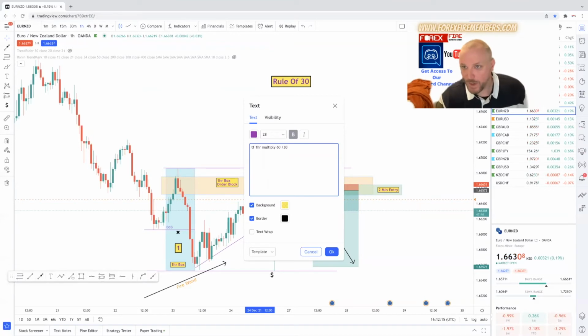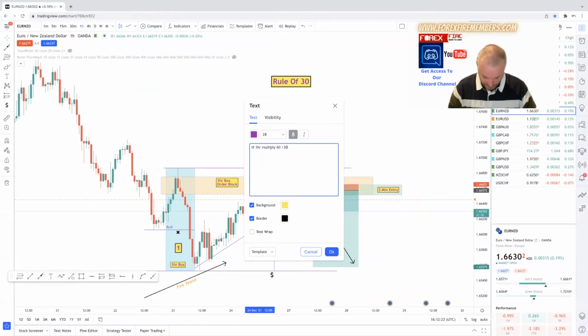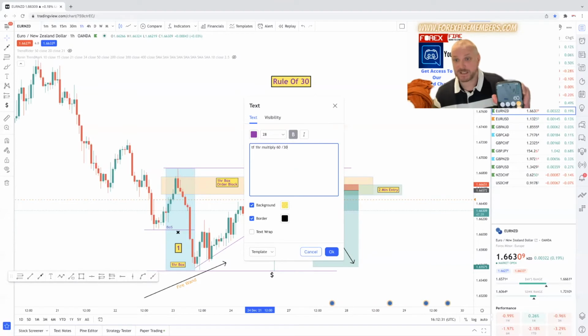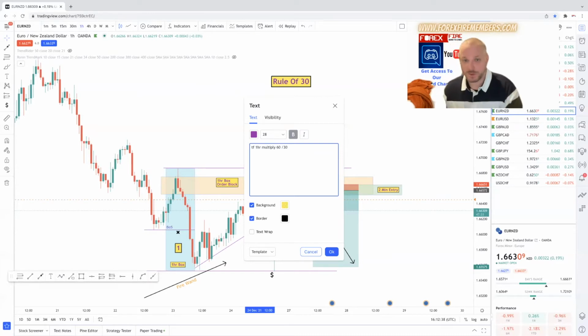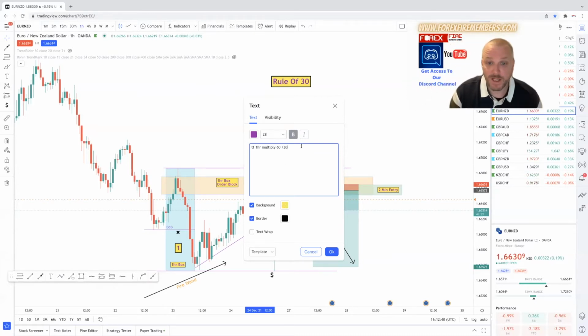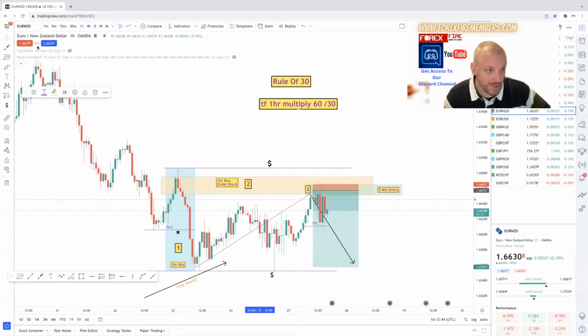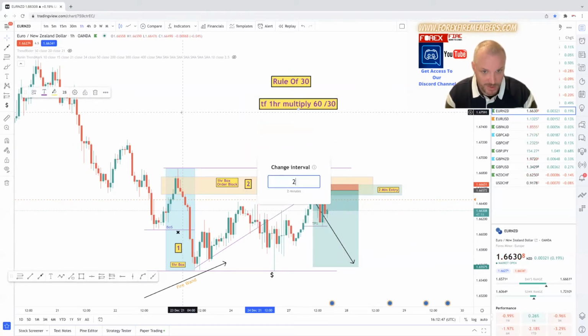So when we did this earlier, we've got the 1 hour times 60, which is obviously just going to be 60. And then you're going to divide it by 30, which gives you 2. In this instance, that's going to give you a 2-minute entry. So if I go down to a 2 minute,